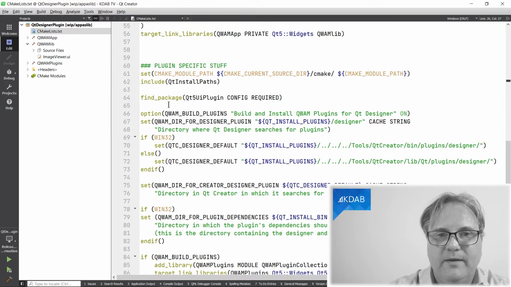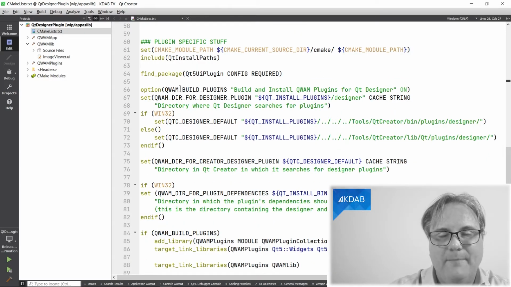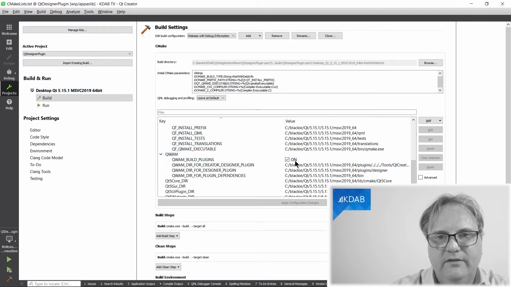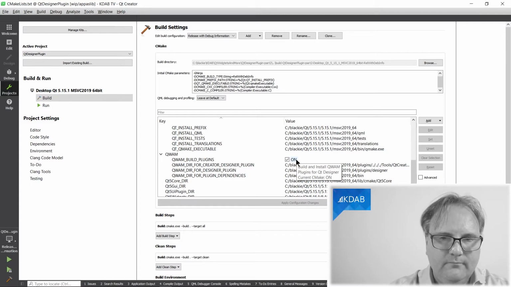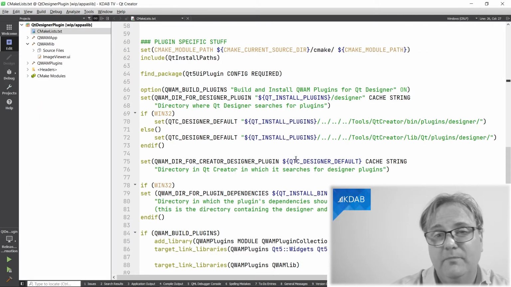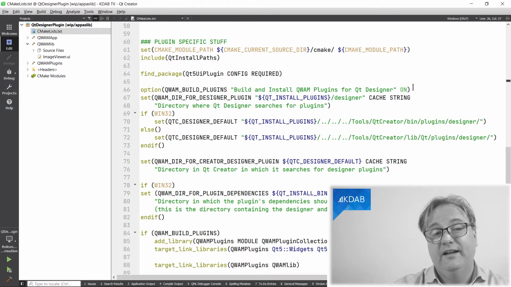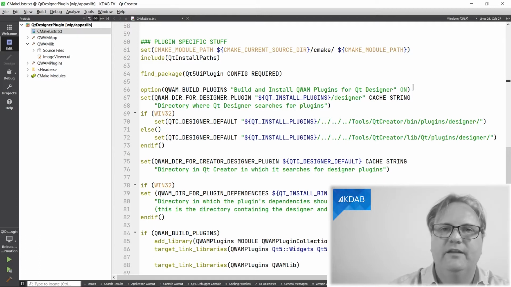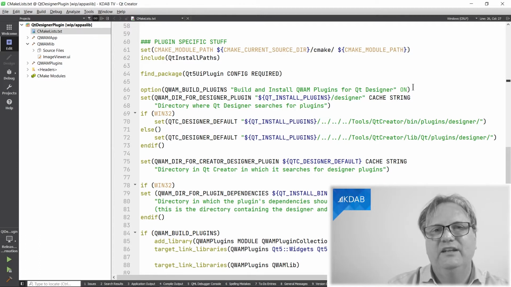Therefore, this whole setup sets up an option here, QAM Qt Widgets and more build plugins, that is simply a toggle. And we can see that if I go over to my projects here and I find QAM, then you can see there's on and off here. You might want to turn it off or on by default. I guess a better default is off, so that people recognize, hey, no plugin can come out of this, rather than wondering why Designer does not load my plugins every second time. And that was because I actually accidentally compiled the debug version and put it on top of the files. So maybe you want off here.